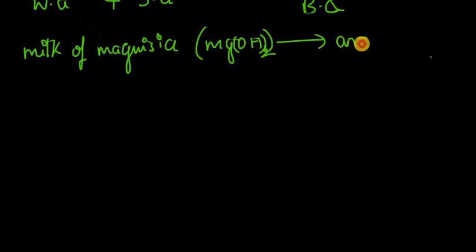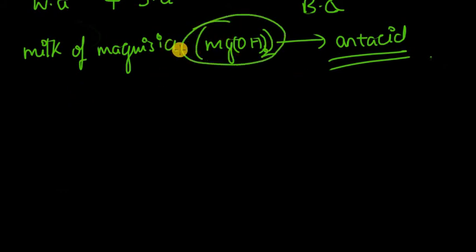We also know that this is used as an antacid. An antacid is used for giving relief from problems such as heartburn. When we have acidity and consume this antacid, it solves the problem because it reacts with the excess acids in the stomach. The cause of acidity is excess acid in our stomach, so to neutralize those acids, we consume this basic substance.